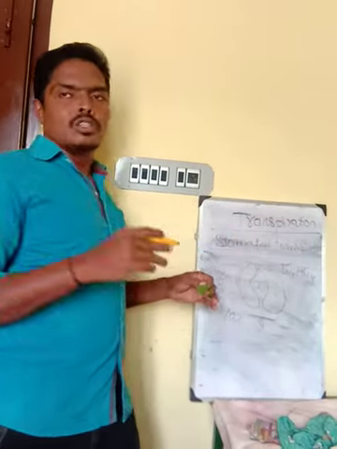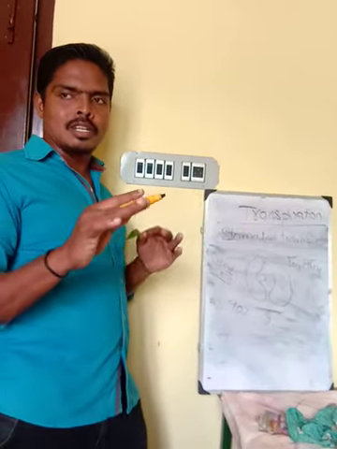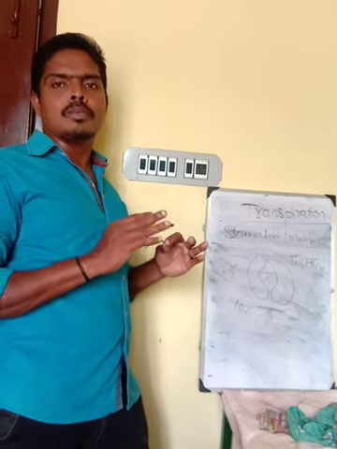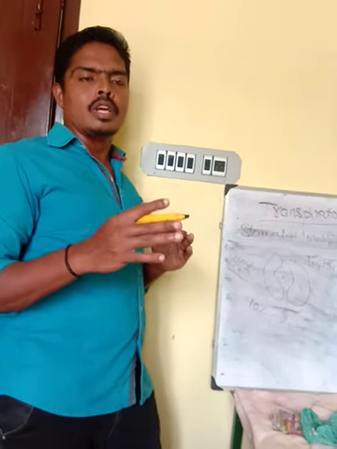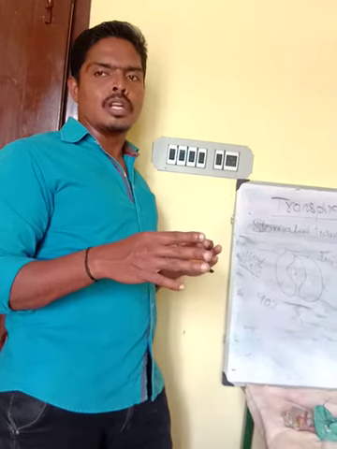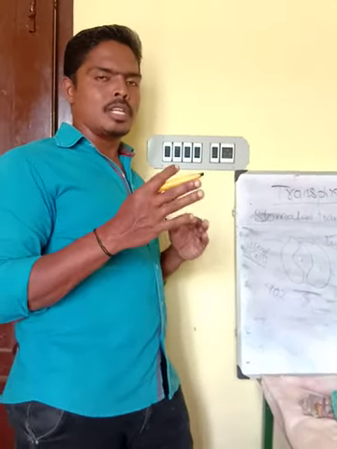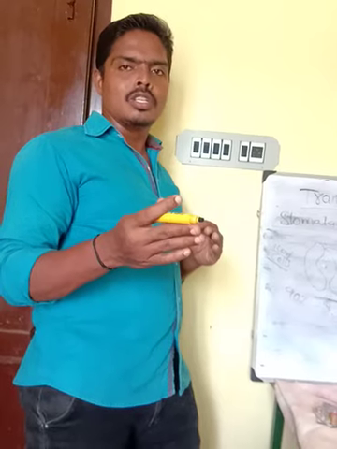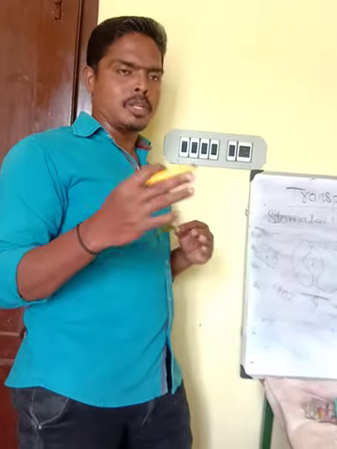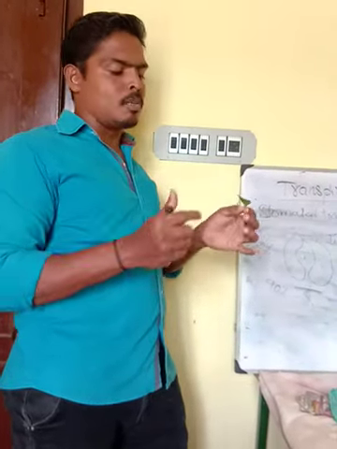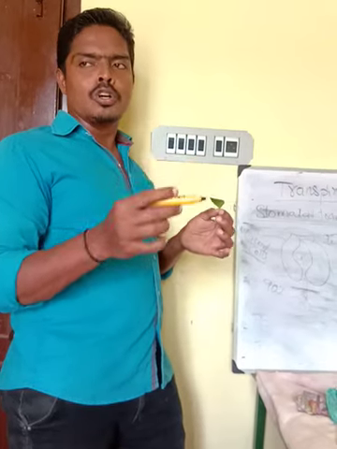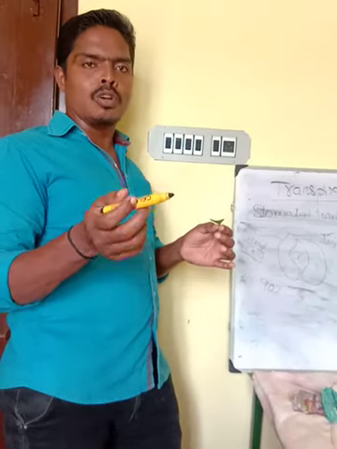So first, stomata are small holes present under the leaf. What is the use of stomata? Stomata are used to exchange gases and for the process of transpiration. So what is transpiration? Water loss in the form of water vapor is transpiration. There are many stomata present under the leaf to avoid excess water loss.